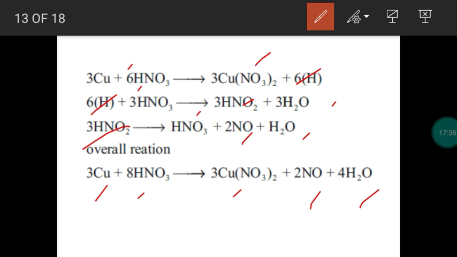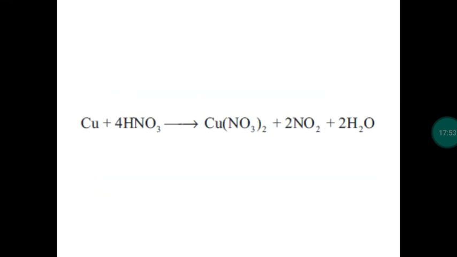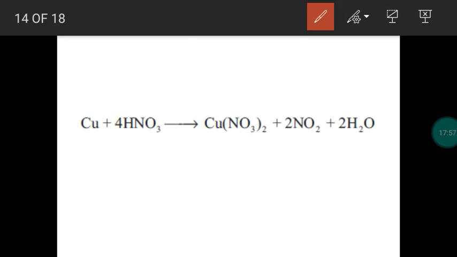So if this is a 5-mark question, you have to write the general equations, so primary, secondary, tertiary equations, and one example should be written. For example, how copper is reacting with nitric acid. So this is a 5-mark question. Instead of copper, we can study magnesium also. Okay. So this is very important, 1 mark.